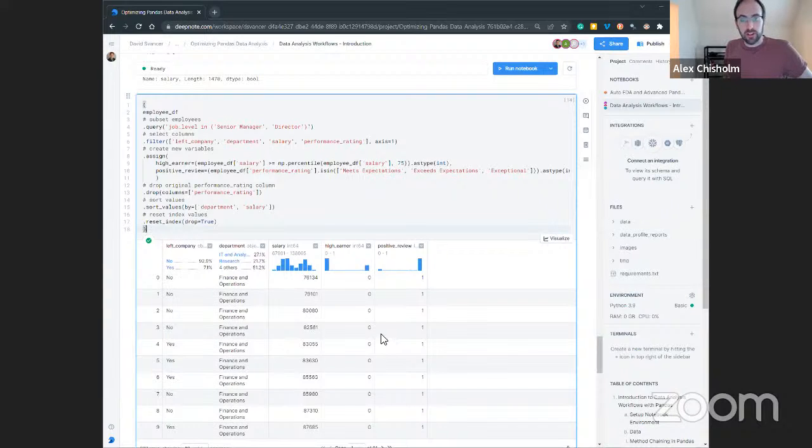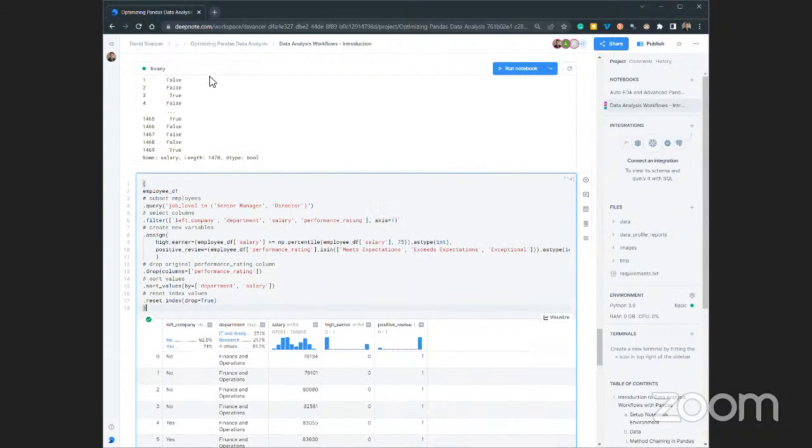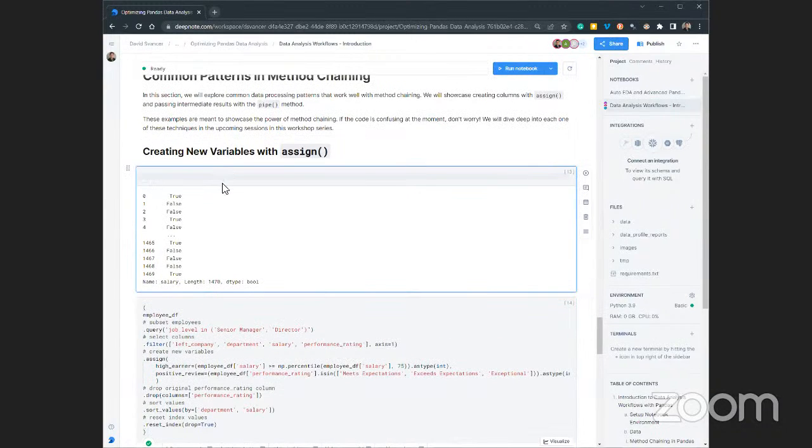If you wanted to turn this into a function that passed in specific variable names, is it as simple as just naming those within the function and passing it through your employee DF on your assign lines? Yes. With that one, I would automatically start to think about using F strings, and those are common in Python. Anytime you do a string and then you put an F in front of it, you can access